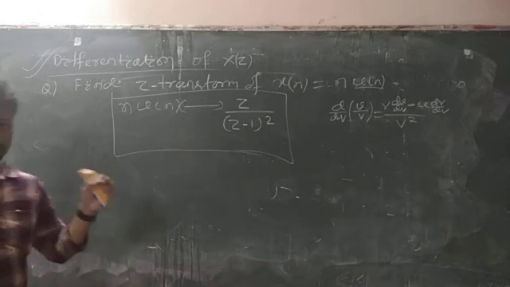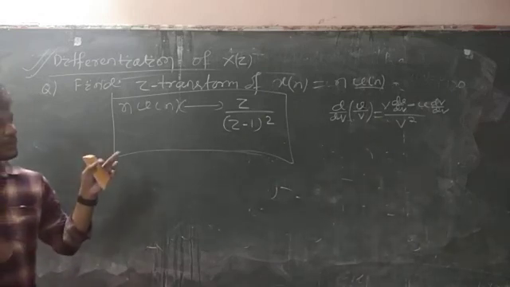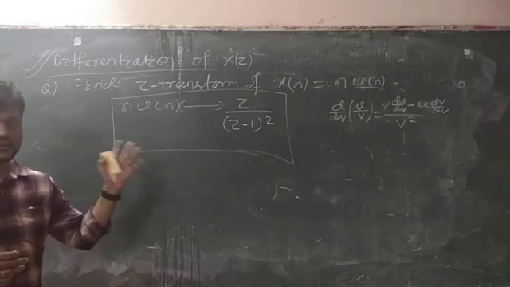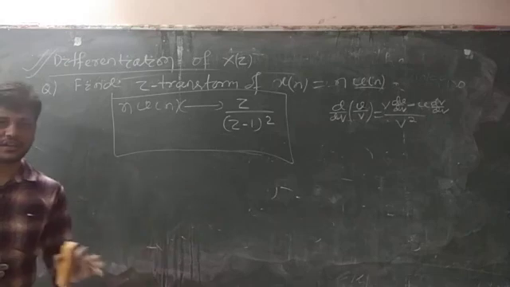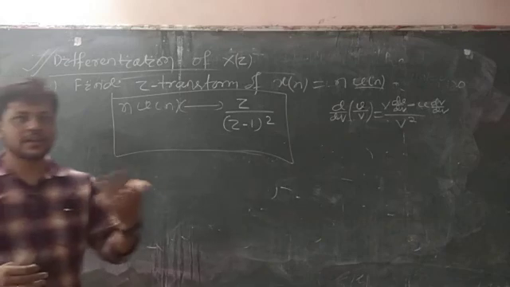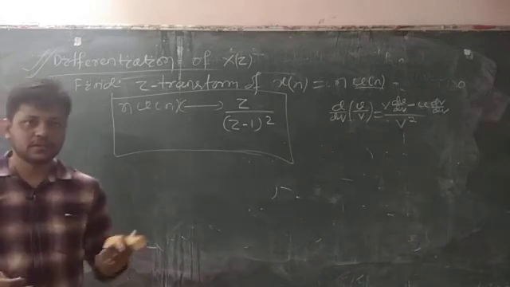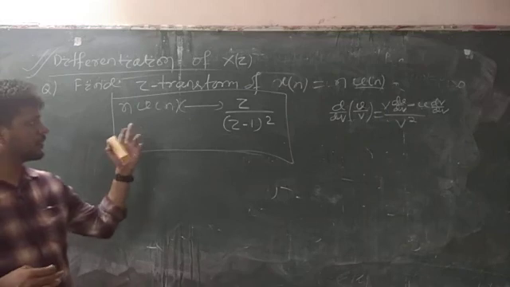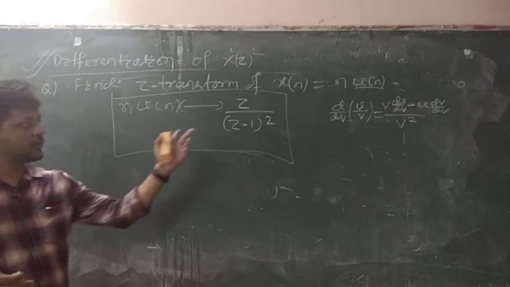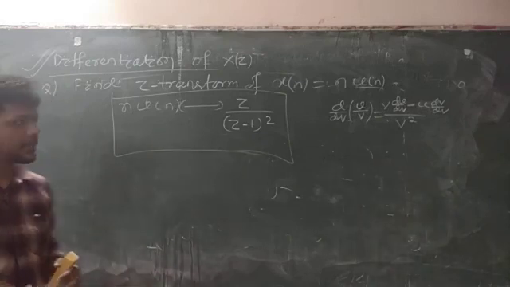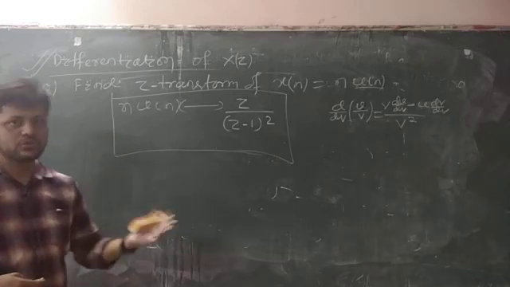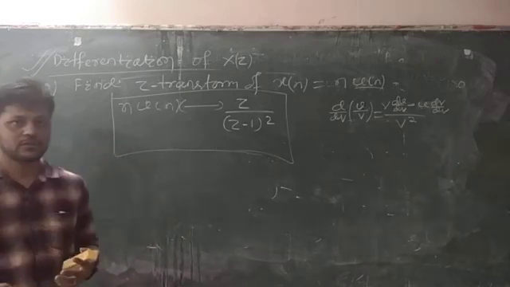Students, kindly make a note of whatever I am doing in the box, and keep it in your mind. Keep revising these properties as well as the basic z transform formulas, which will be very, very helpful while solving an MCQ or attending any competitive examination. If you know n u(n), then you don't have to differentiate again. You know the z transform directly and can write the answer z by z minus 1 whole square. But in your examination, you have to use the differentiation property and solve, because this is a 5-mark question.